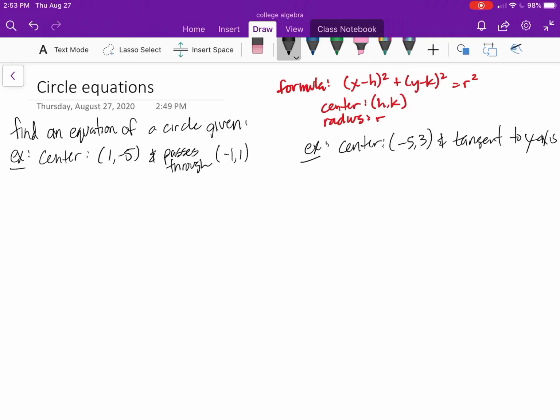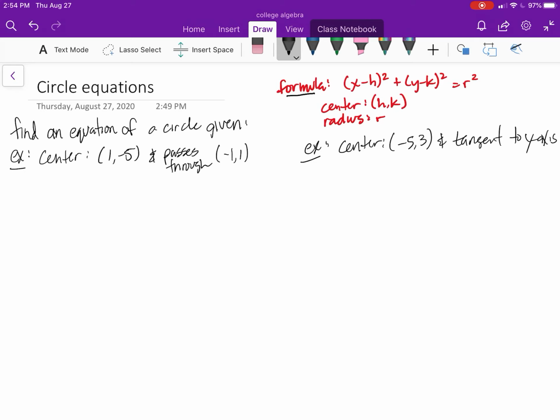Okay, so we had covered some of the basics of, given either an equation of a circle, finding the center and radius, or given the center and radius and finding the equation, right? So the formula, the equation: x minus h squared plus y minus k squared equals r squared, where the center is (h, k) and the